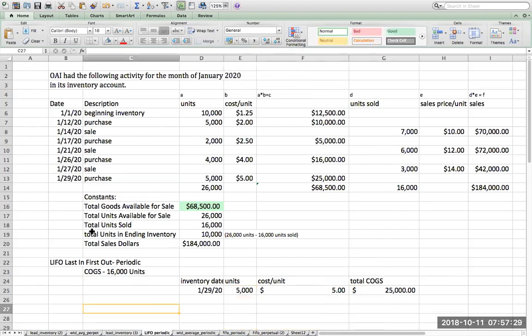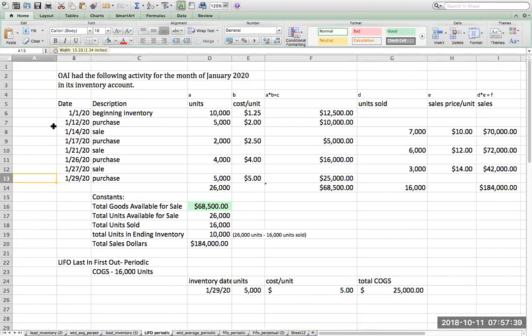There we go, perfect. So what's really important is once I take it out of inventory and put it down here, I basically need to remove it from my cost pool, or basically my cost ledger. So here I've got 5,000 units minus 5,000. So I'm going to take this out.